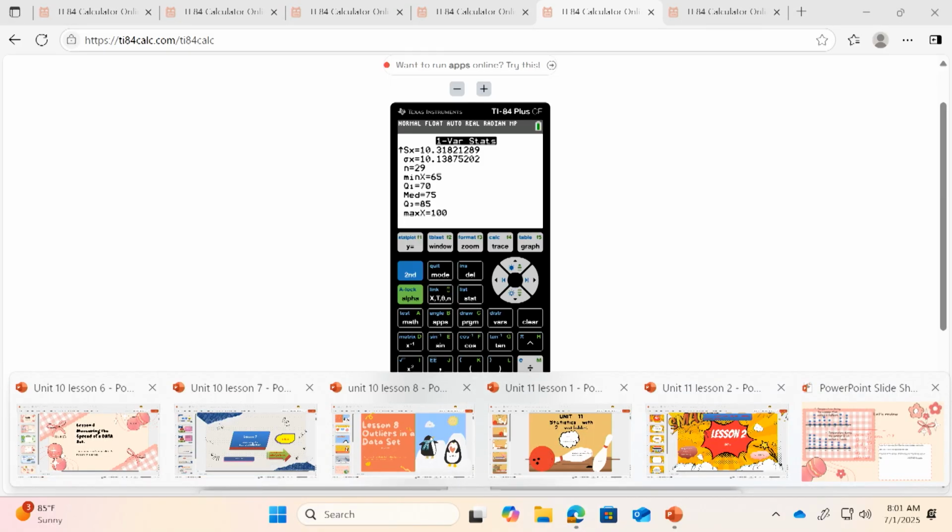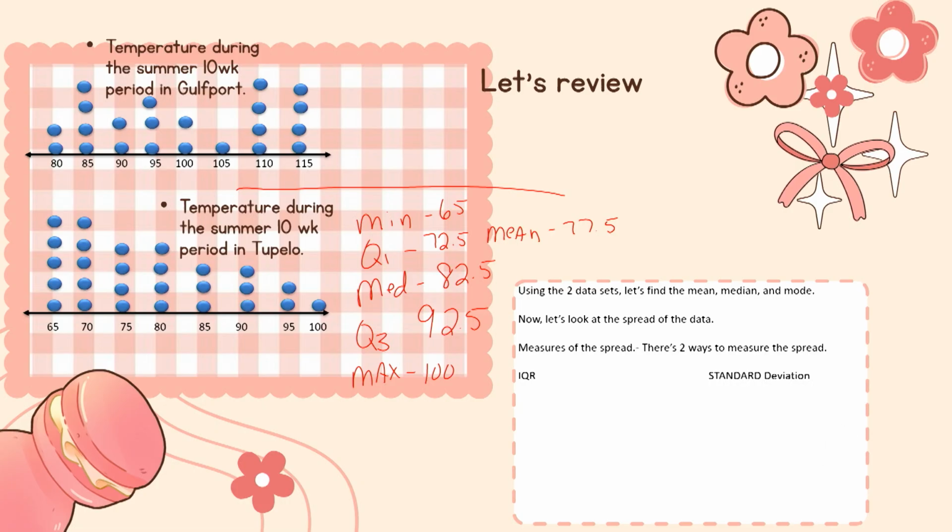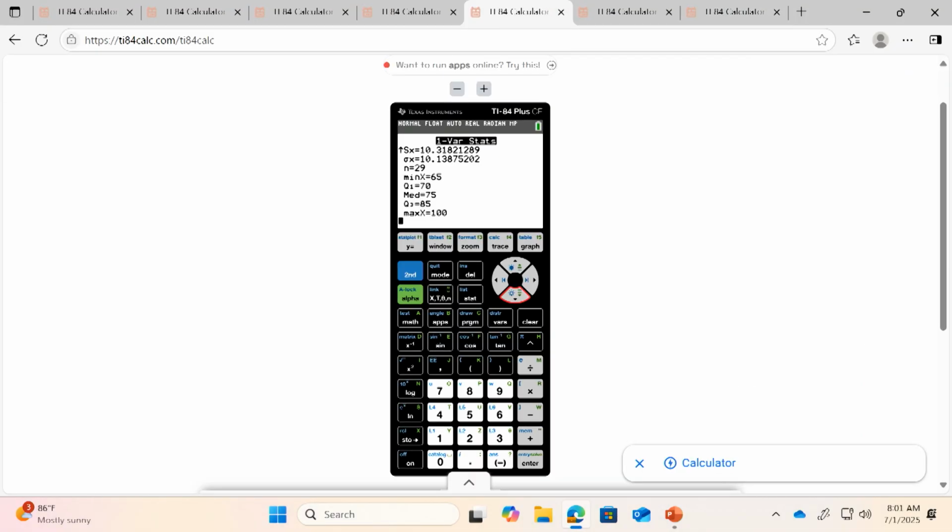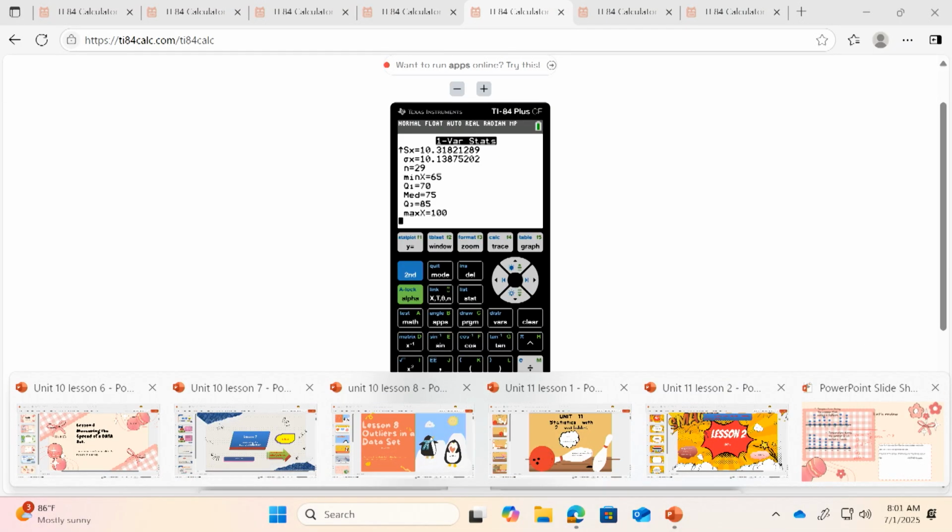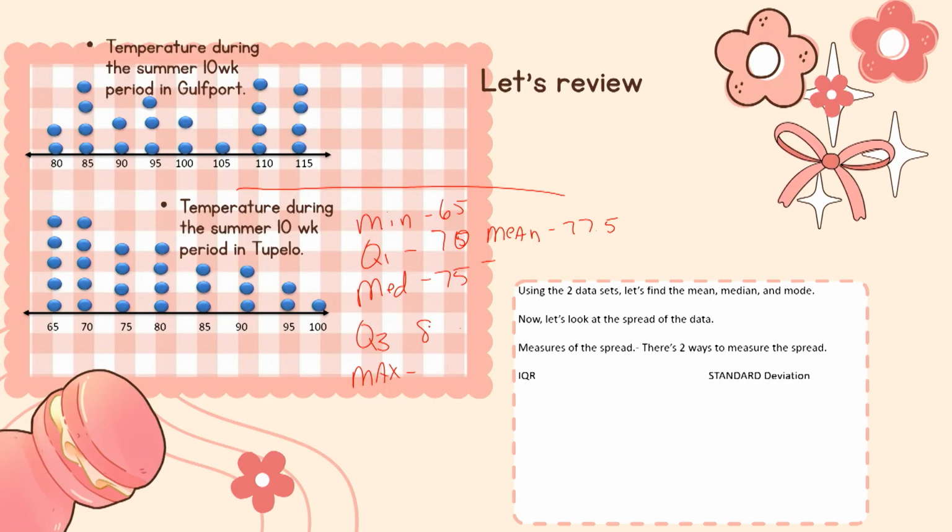So let's go back. I have 65, 70, 75, and what did we have? 85 and 100. All right. 75, 85, and 100. Okay, so what I want you to do now, since we've done Tupelo, I want